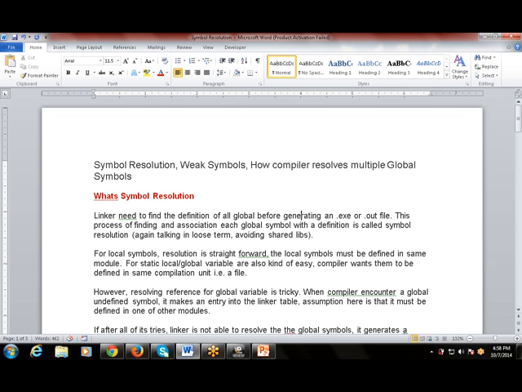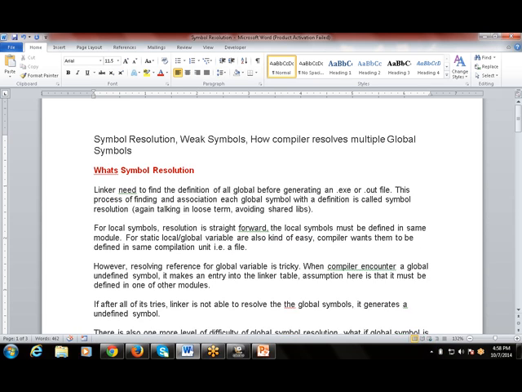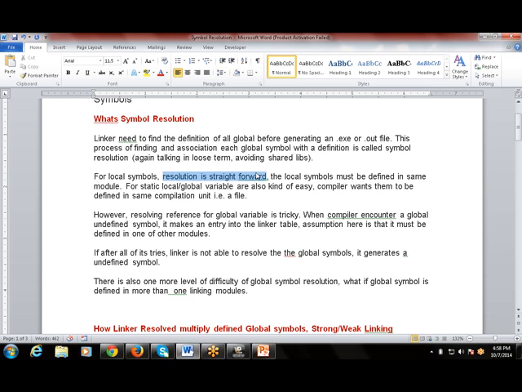This says the linker needs to find the definition of all the globals before generating an exe. This process of finding and associating each global symbol with its definition is known as symbol resolution. Again, talking in loose terms, avoiding shared libraries. For local symbols, resolution is straightforward. The local symbol must be defined in the same module,